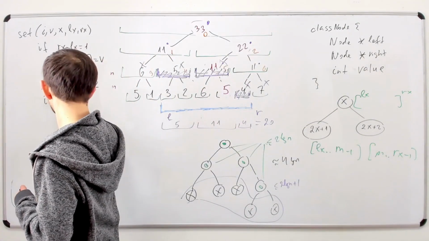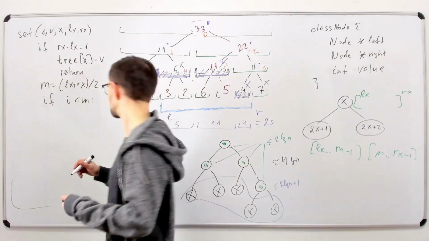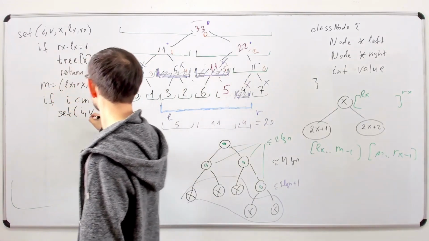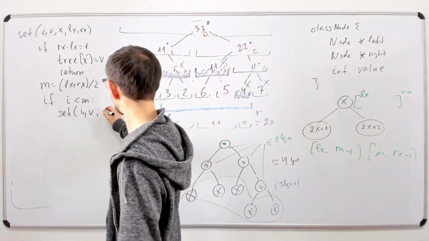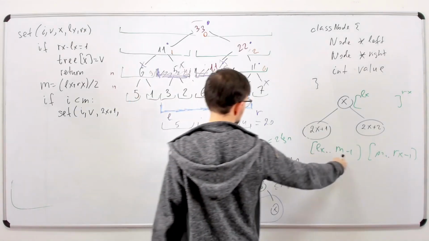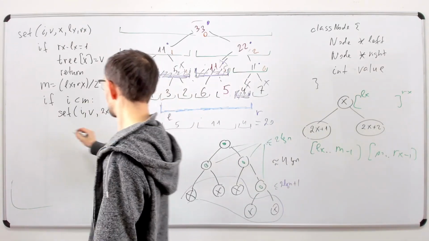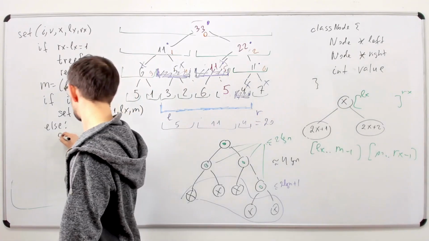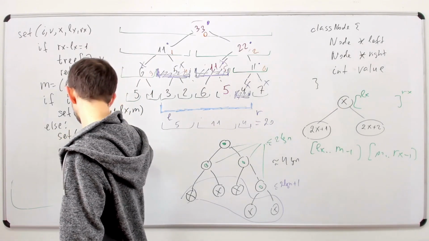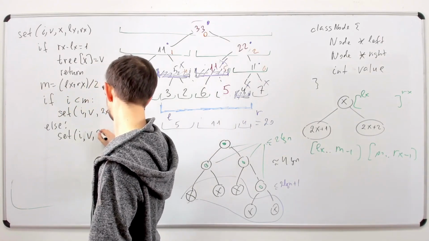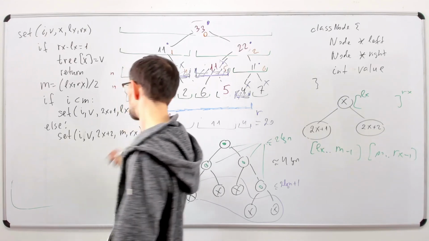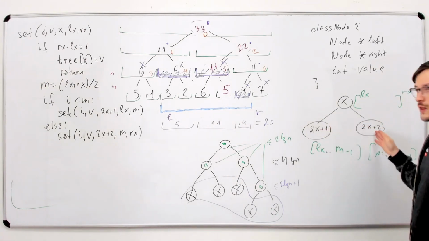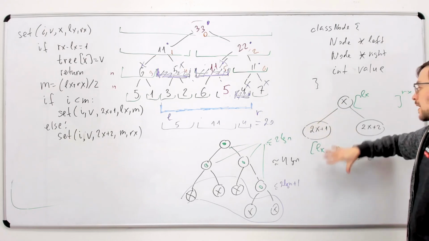If this I is less than m, then we need to go to the left subtree. It means we call the same recursive function. For the left subtree, the node number is 2x plus 1, and the borders are Lx and m. And else we do the same for the right subtree. So we make the same recursive call for the right subtree, 2x plus 2 and R. That's all. So we just select one of the children and go recursively here and make this change inside this